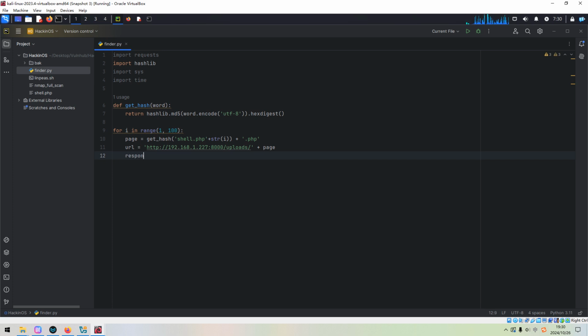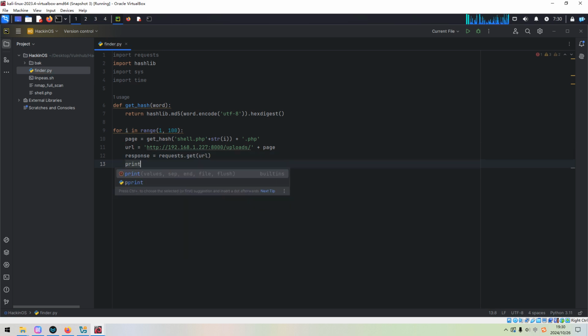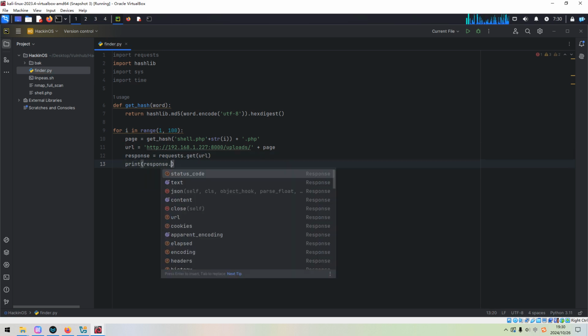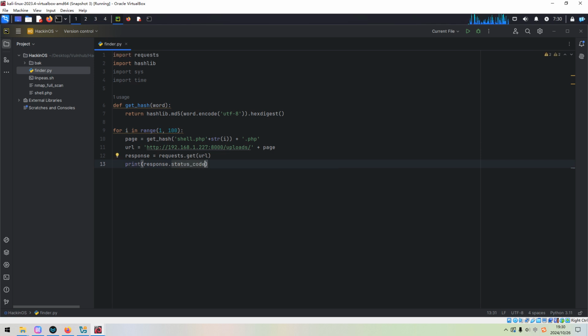Then we can do response equals requests.get(url). Then we can print the response status code, and we can print out the URL as well.